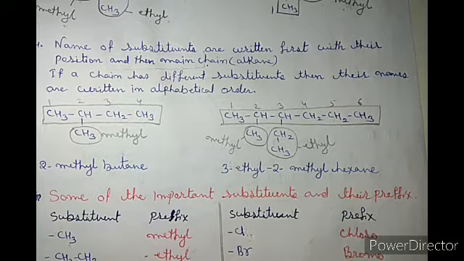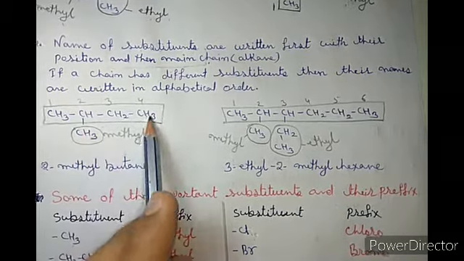Okay? But if a chain has different substituents, then their names are written in alphabetical order. Then we have to follow alphabetical order. Got it? Now this example,